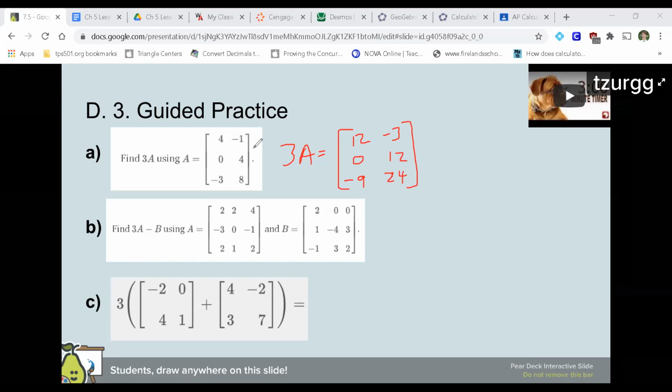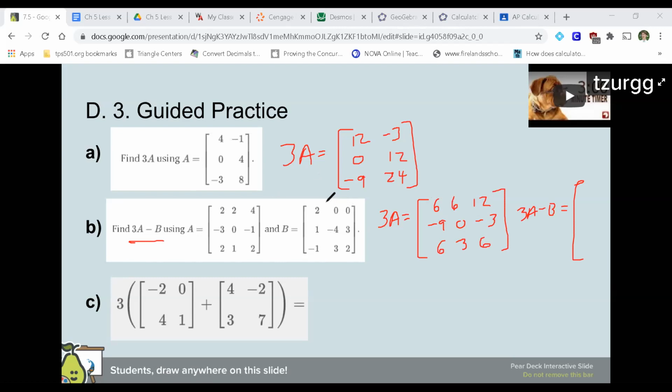All right, to do this one, I basically have to do it in 2 parts. So 3A would be 3 times each of these elements. 6, 6, 12, negative 9, 0, negative 3, 6, 3, 6. And then I'm going to subtract from that each of these, the corresponding element in B. So 3A minus B would be